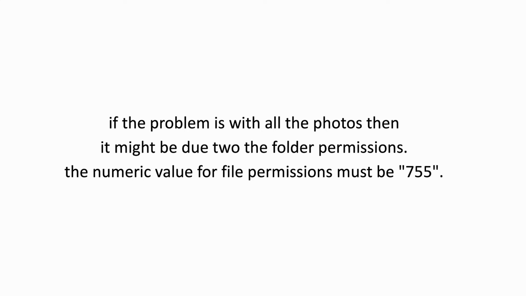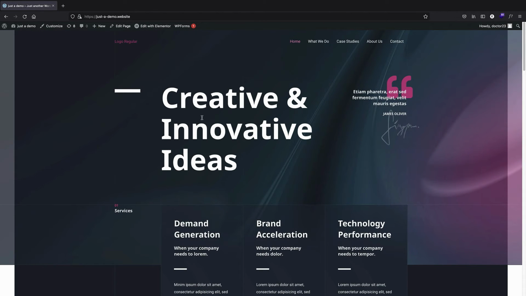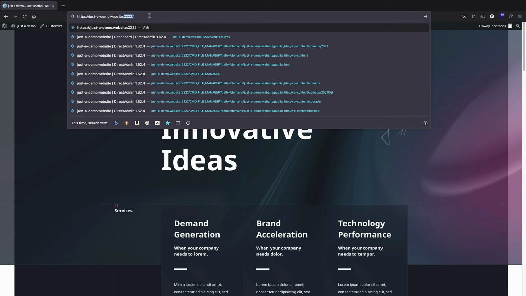So I'm just going to show you how we can change the folder permission. I'm just going to bring my website here, and I'm going to log into my DirectAdmin. In any hosting company, you always have a way of accessing your files. It might be DirectAdmin, cPanel, or any way they let you access your files. In this case, I have DirectAdmin,